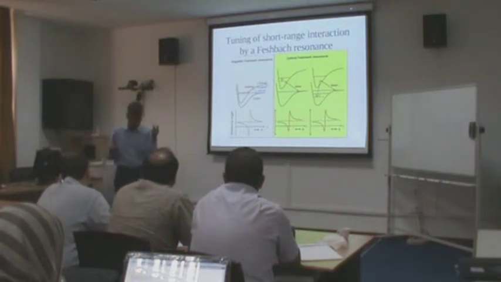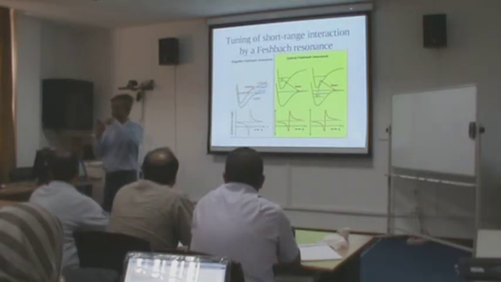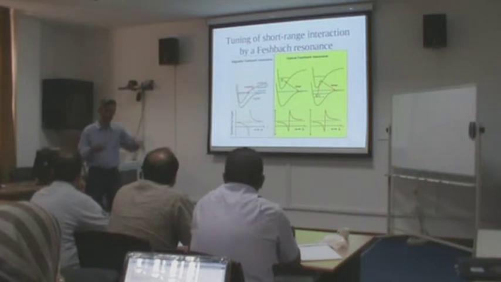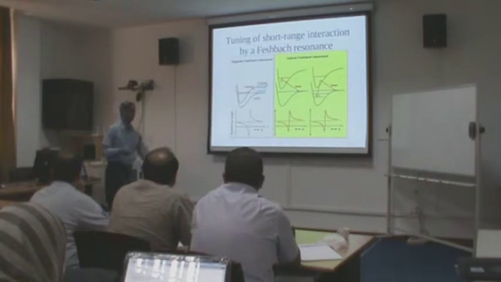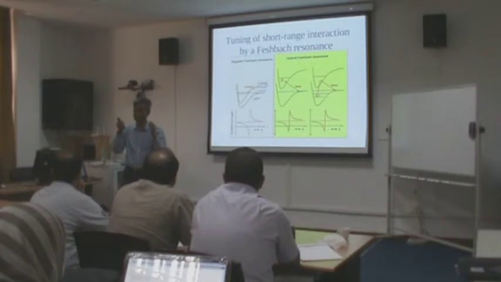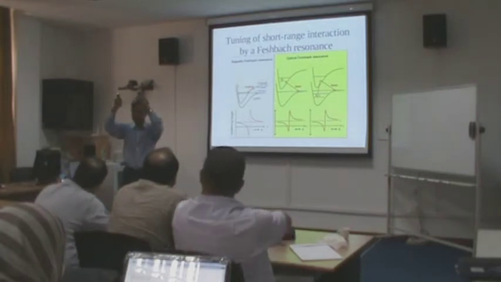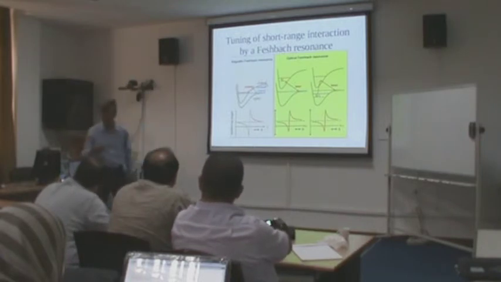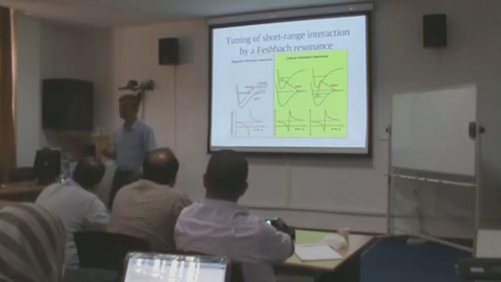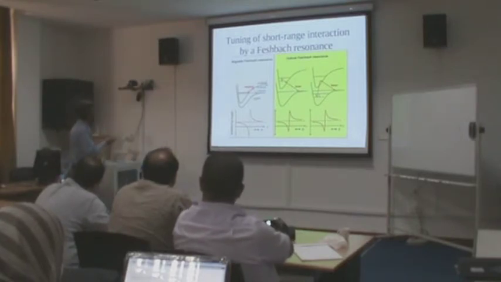Suppose in that channel, the two atoms have opposite electronic spins, and they attract each other. But this is an excited state. So if you take two rubidium atoms at low energy, this channel is closed. These atoms cannot be formed. Suppose you take two hydrogen atoms in the ground state and start the dynamics. At low energy, you cannot form an excited state of the hydrogen atom in the P state or D state and so on. So those are called closed channels, but nevertheless coupled to this channel by some potential or by some dynamic.